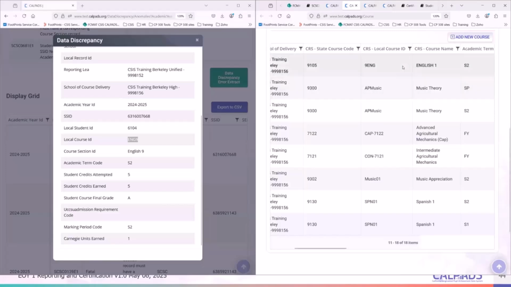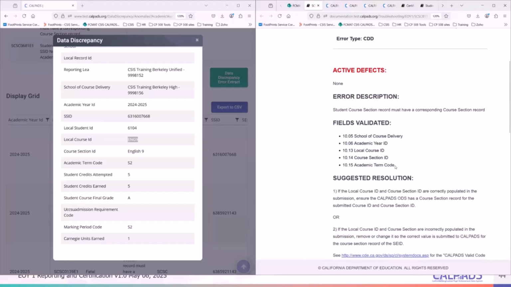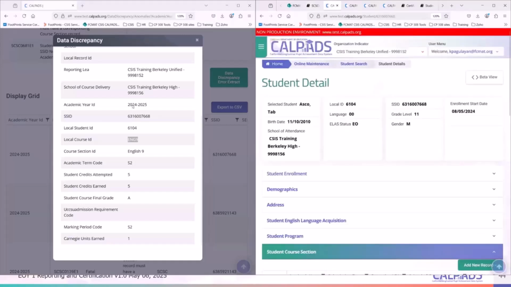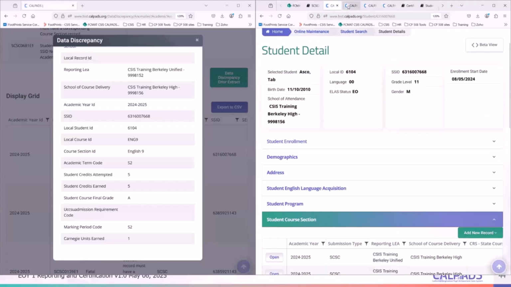You could manually do this one by one in CalPads, or go to the file that you used to upload to CalPads. You compare the CRSC file versus the SCSC file, and then you highlight the different field elements that are indicated here that should be the same. The reason this failed is that the local course ID should be either English 9 or 9 English.